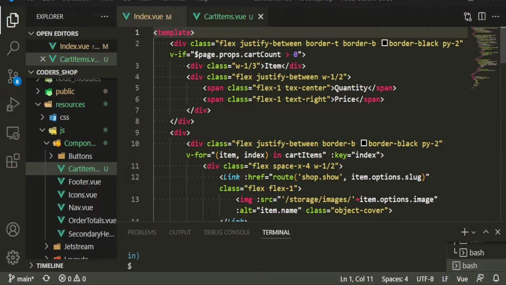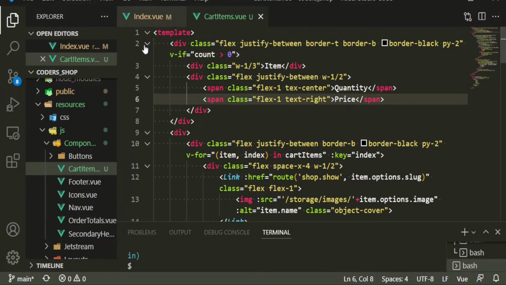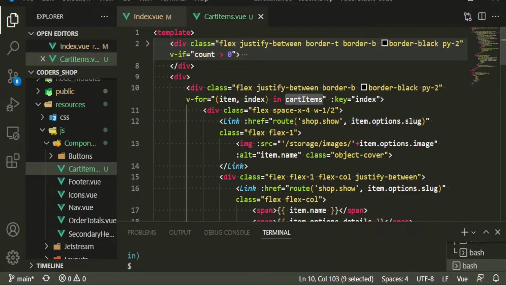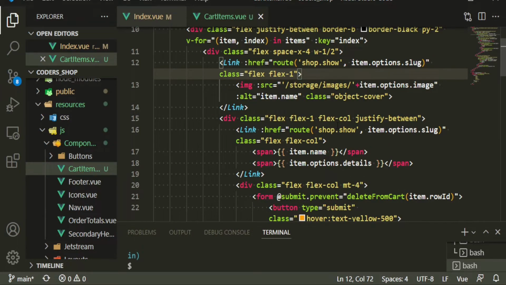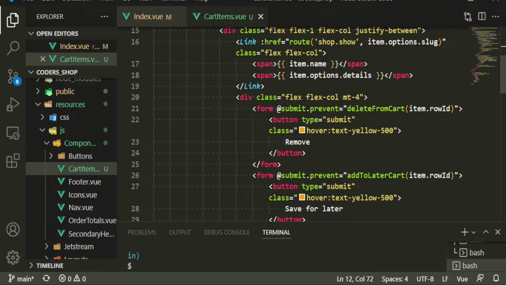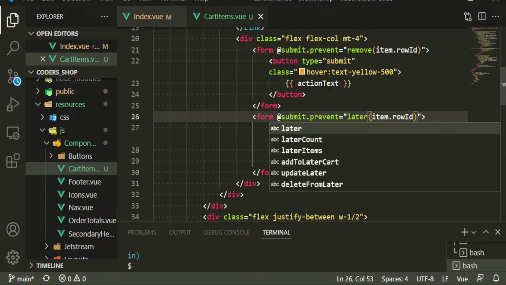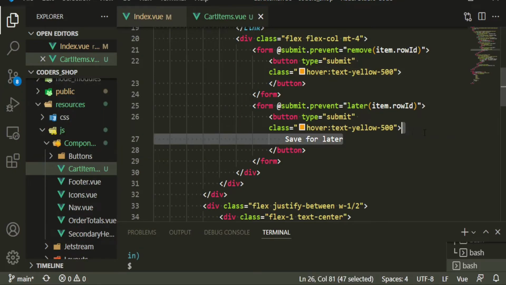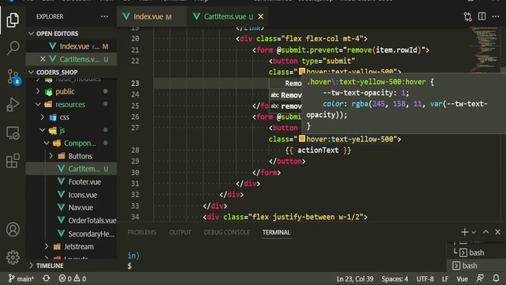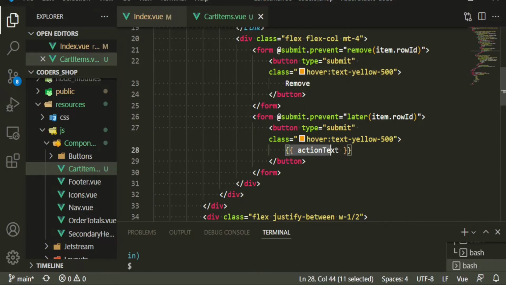So VF page props cart count, we can actually just do, since we're passing it in, we can say count, and this is good. Let's shrink this down. Item index, we're going to say items. All of that is the same. Okay, so item row ID, button type is submit, hover text, that's the same. But instead of this remove, we can put our action text property. For this form right here, the delete from cart, we can just put remove item row ID. This one will just be later. And actually this should be here. Remove. Both sections will have remove,